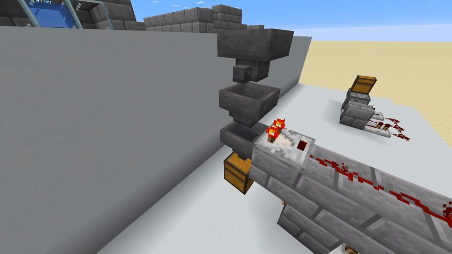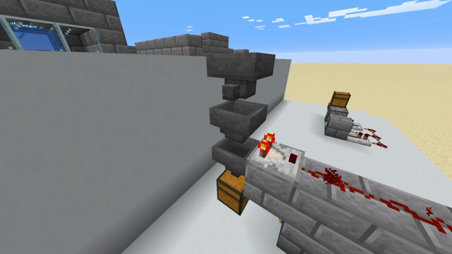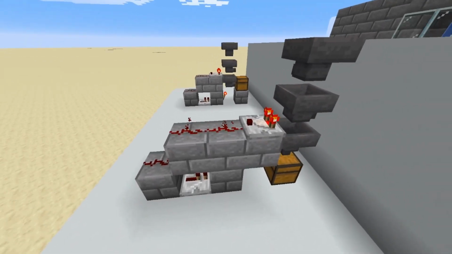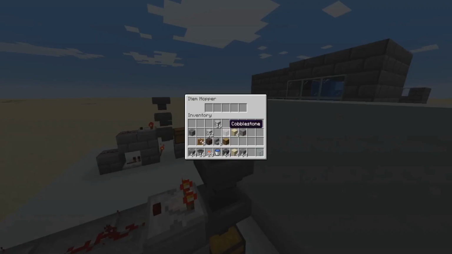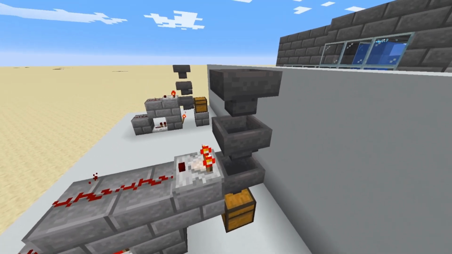As you can see here, we have the stack of hoppers with the middle hopper as the filter, and as you can see it already has the stone blocks in there. So here the comparator is on because it's detected the items within that middle hopper. As you can see, the signal does not go down to the repeater and the redstone torch is on. But if we put some blocks into the top hopper,